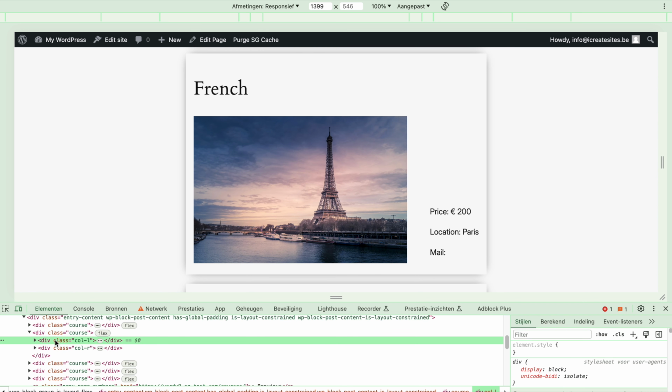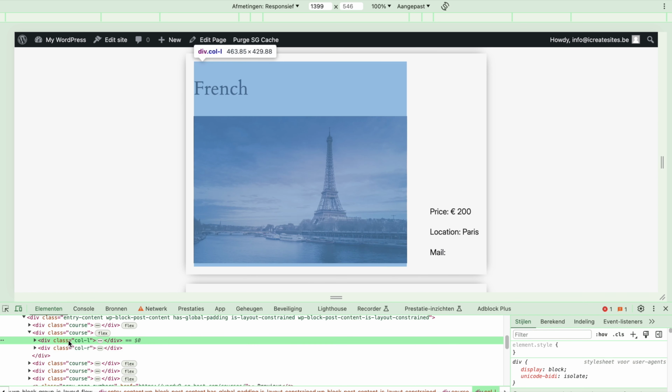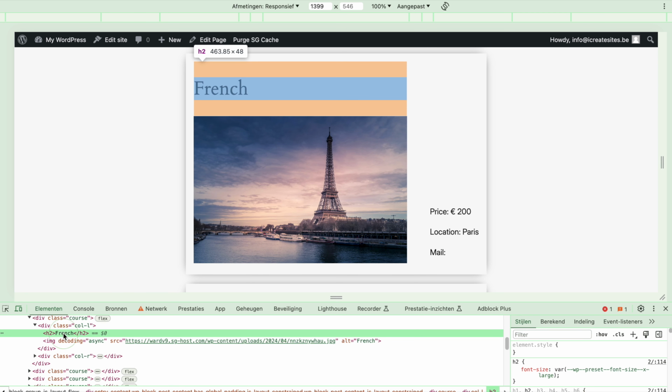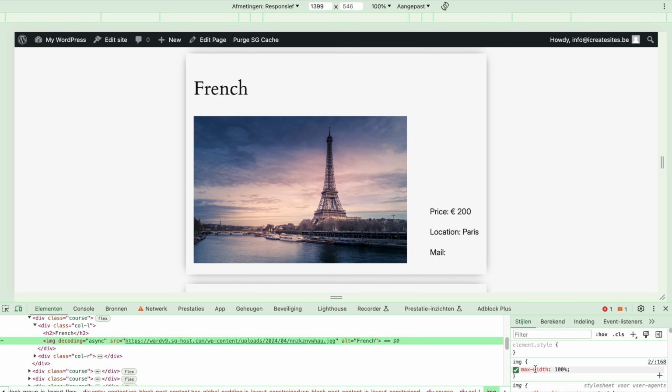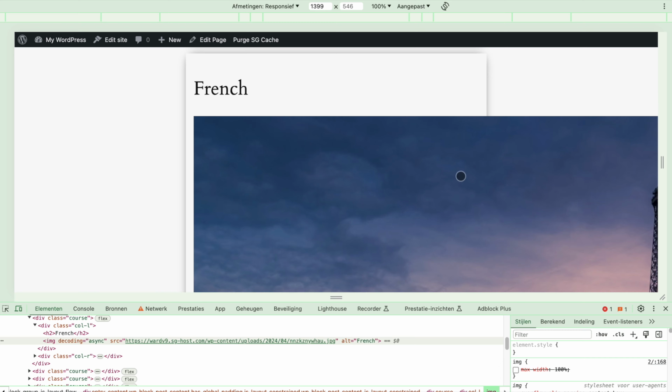And now we have 2 columns. We have our left column where the image is in, and we have our right column where the text is in. And the left column is also our title. So if we open up the left column, we have our French, so our title, and then we have our image that's loaded in with the max width 100%. If we decrease this, you see it